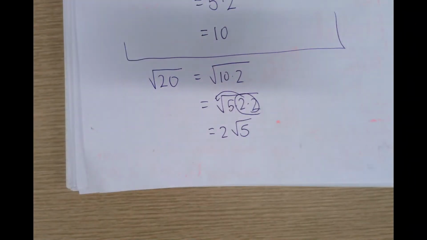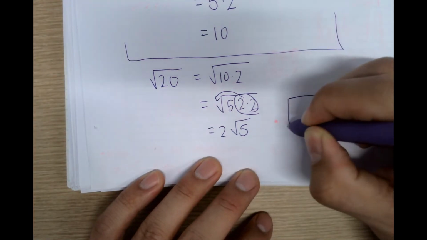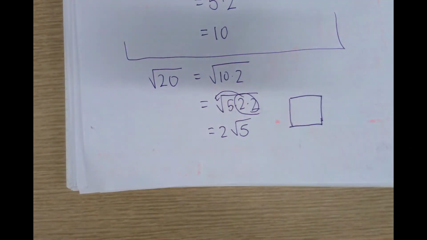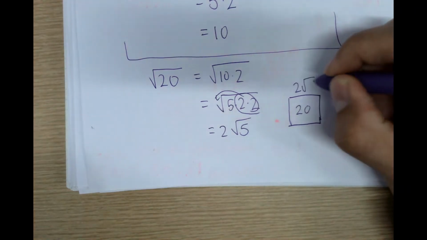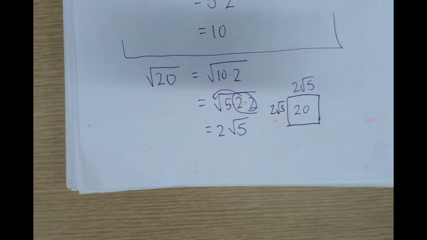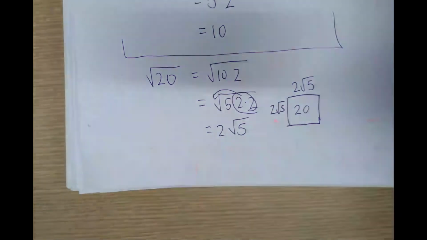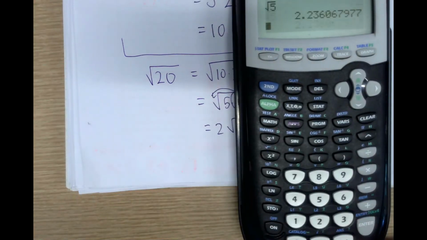So you might be asking yourself, what the heck does this mean? Well, we have the same idea here, which is that if I have a square with an area of 20, one of the sides is equal to 2 root 5, and the other side of the square is also equal to 2 root 5. And if you're like, what the heck does root 5 mean? Well, if you take the root of 5, the exact value is actually equal to